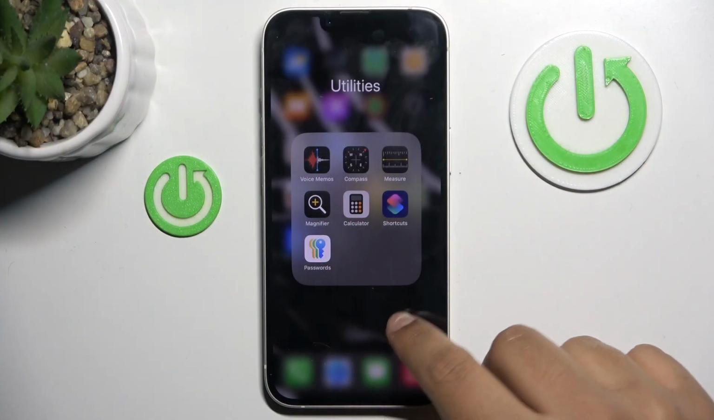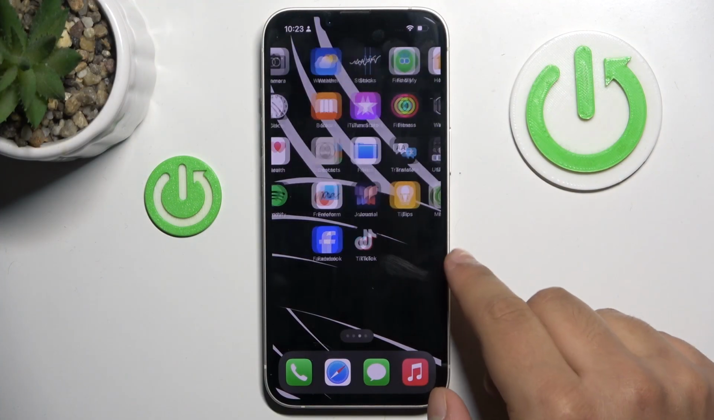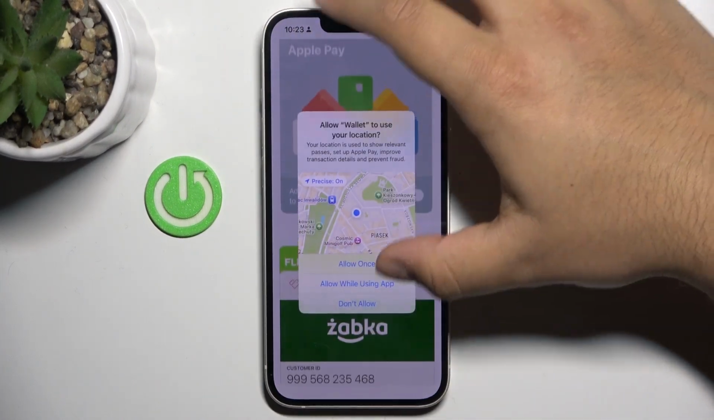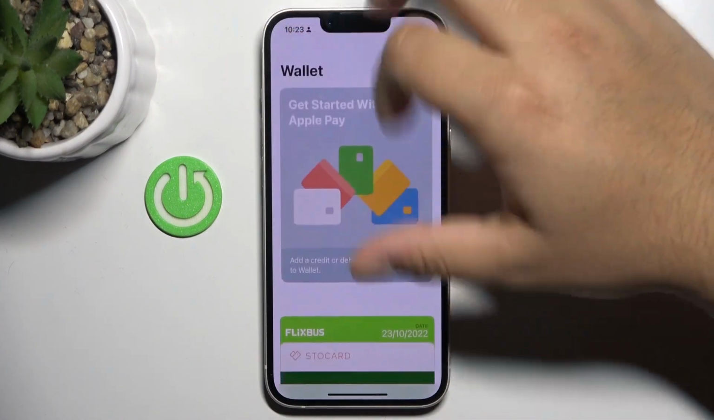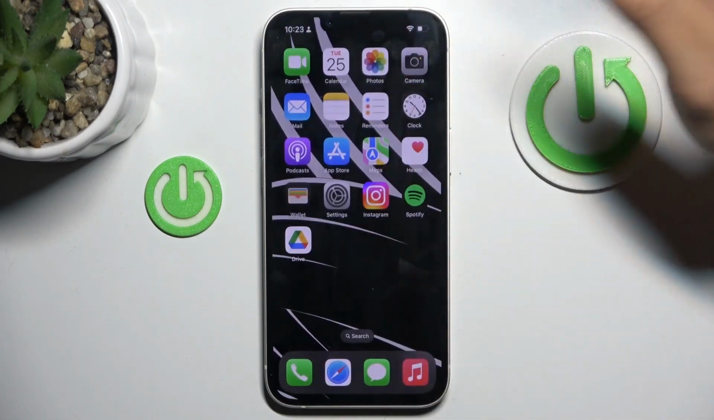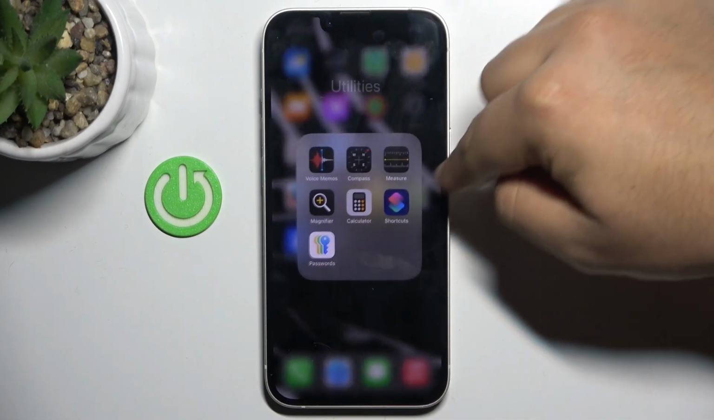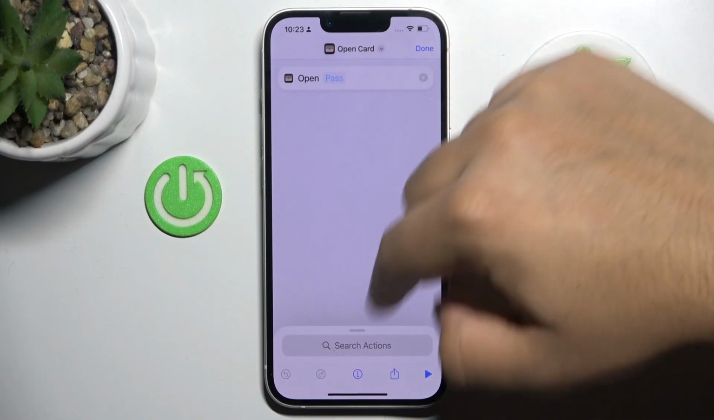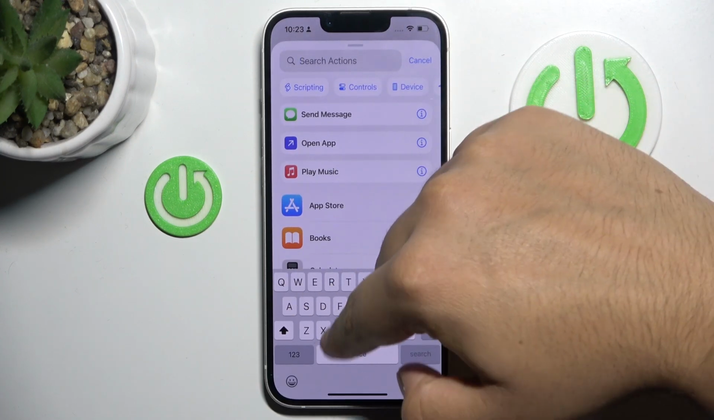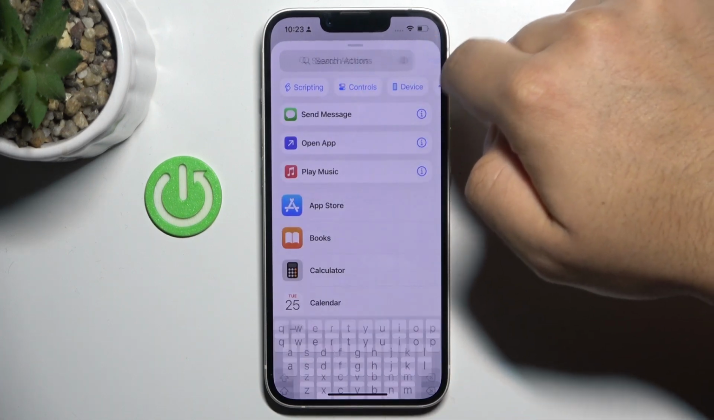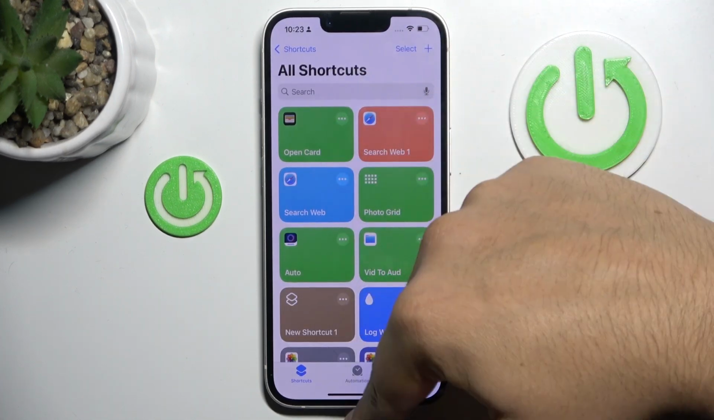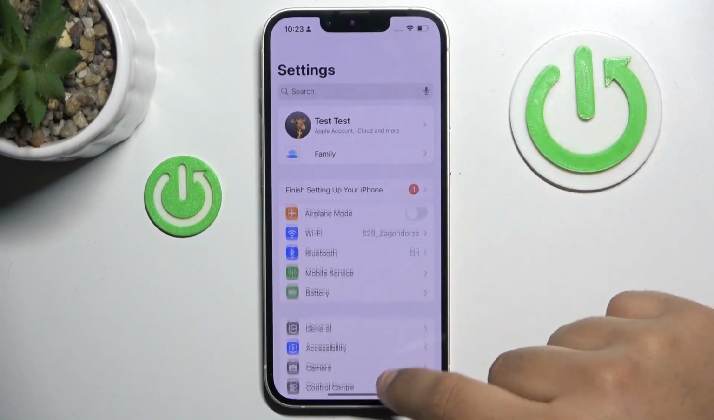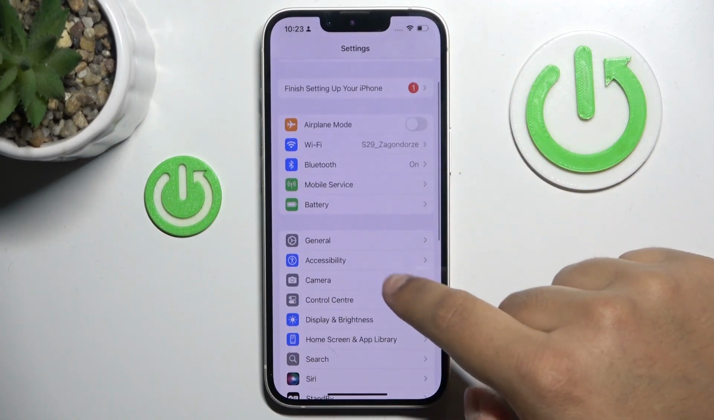Unfortunately, I didn't find a direct option to enable it in the Wallet app or in the settings, but I found that if you create a shortcut in the Shortcuts app to open Card, which you just do by searching for card or wallet, and you'll find it here, and save it, then you go to Settings, then you have to find Accessibility,